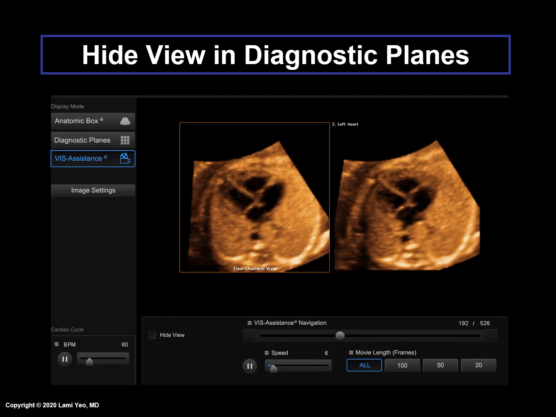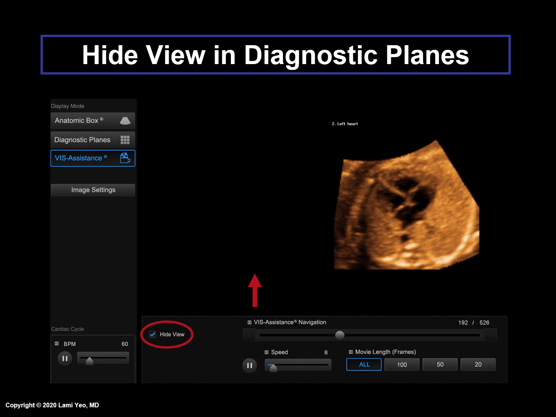Here is an example where the user wants to hide the 4-chamber view in the diagnostic plane template. To do this, Visa Assistance is activated. The image that will be hidden is the diagnostic plane image on the left. The Visa image on the right is not relevant. The user should click on the box labeled Hide View.